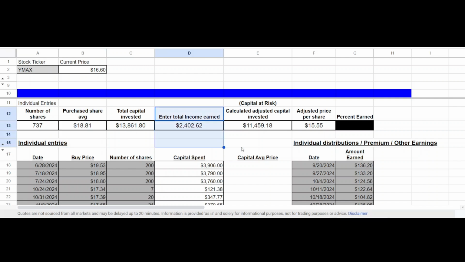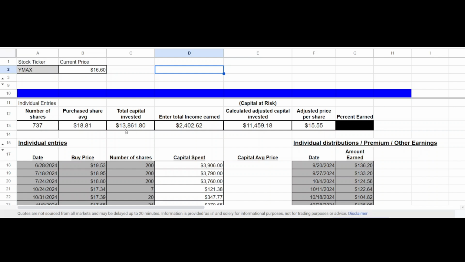I'm earning a distribution. I invested in an amount, and that distribution is coming off of that total amount, and it's given me a new capital at risk, and therefore that divided by the number of shares I own now gives me a new adjusted price per share. This calculated adjusted price per share is $15.55. Well, now instead of me being under almost $2 per share, let's just see if I was just looking at those 737 shares at $18.81,